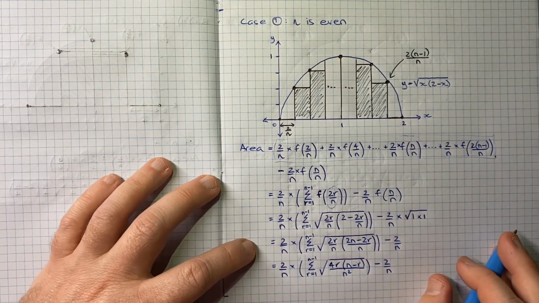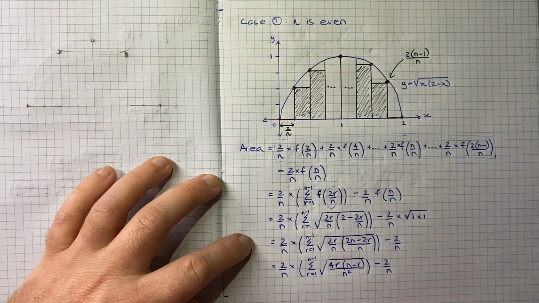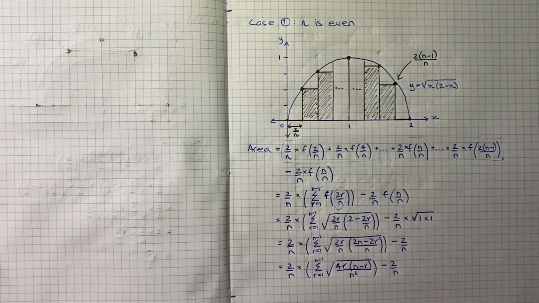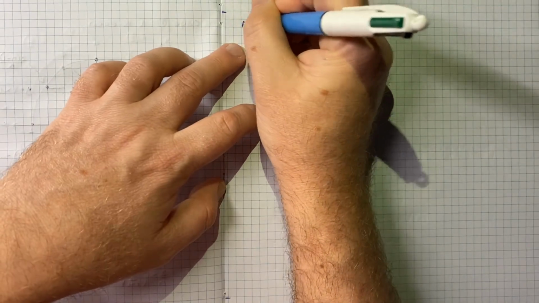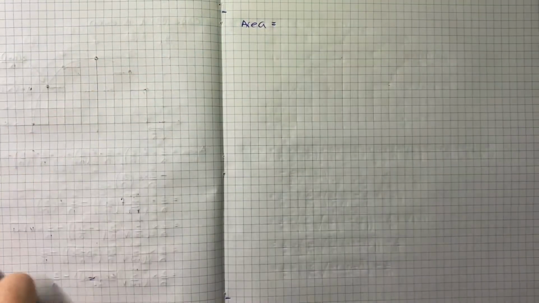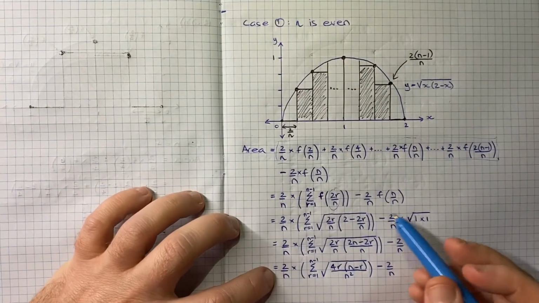Maybe worth turning over here so we don't run out of space, so let's turn over and say the area is equal to, and let's see, so we've got,